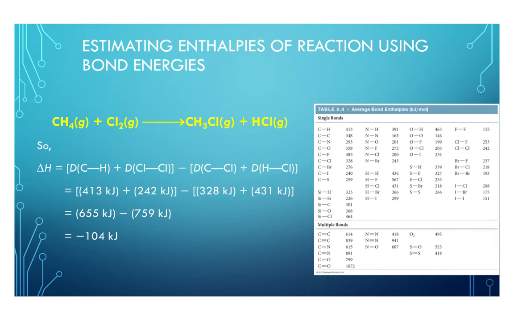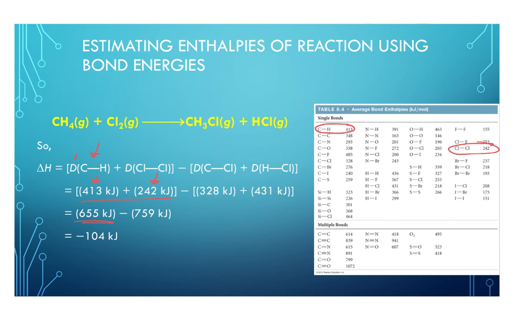So in order to deal with this, we want to figure out what's the enthalpy of a C-H bond. Well, on average, that's 413. How many C-H bonds did we have? We had one. Okay, so that gives us 413 kilojoules. A Cl-Cl bond is 242, and again, we only broke one of those. Okay, so there are my bonds broken,